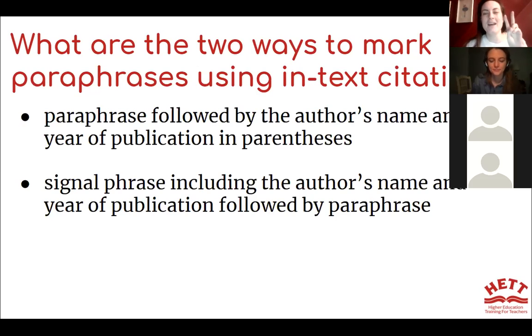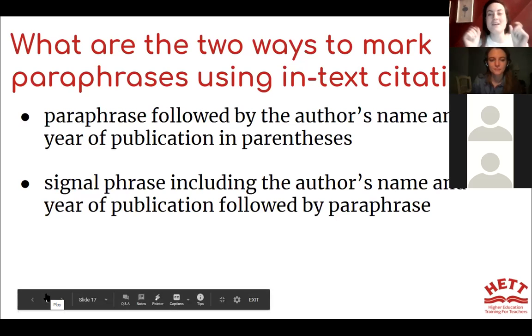The second way is a signal phrase. So like according to, stated by, mentioned by, researched by, that type of thing, followed by the author's name and year of publication, followed by a paraphrase.